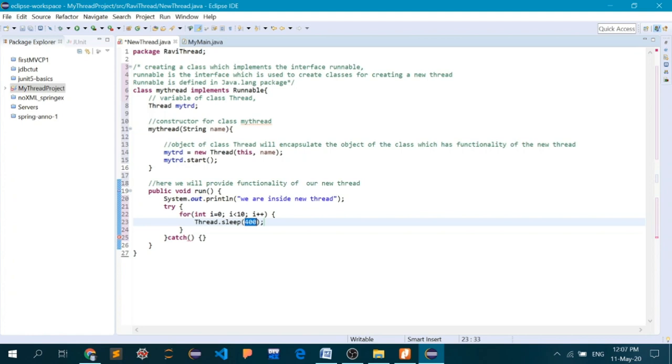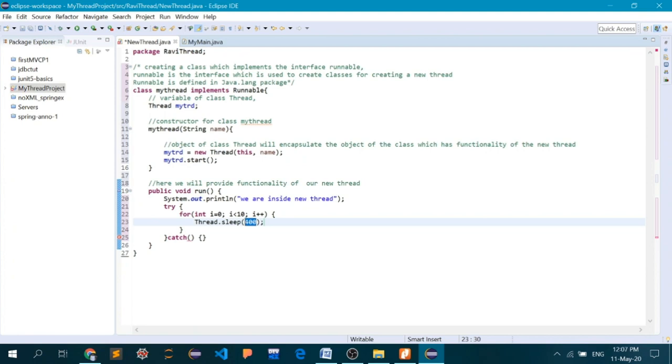Sleeping in literal terms means you want your body to take rest, and in Java it means exactly the same, that you want your thread to stop executing anything for 400 milliseconds. Let me again say that the time you have passed inside the argument block is in milliseconds.